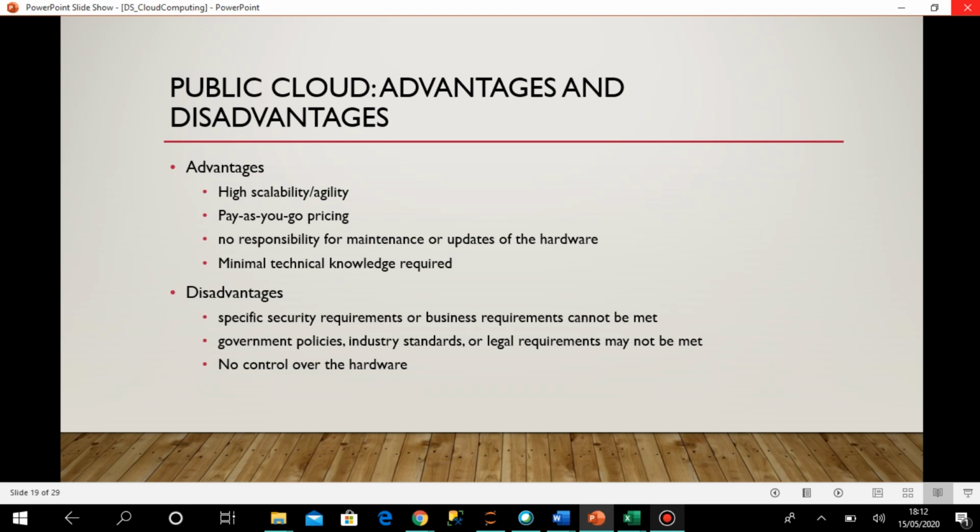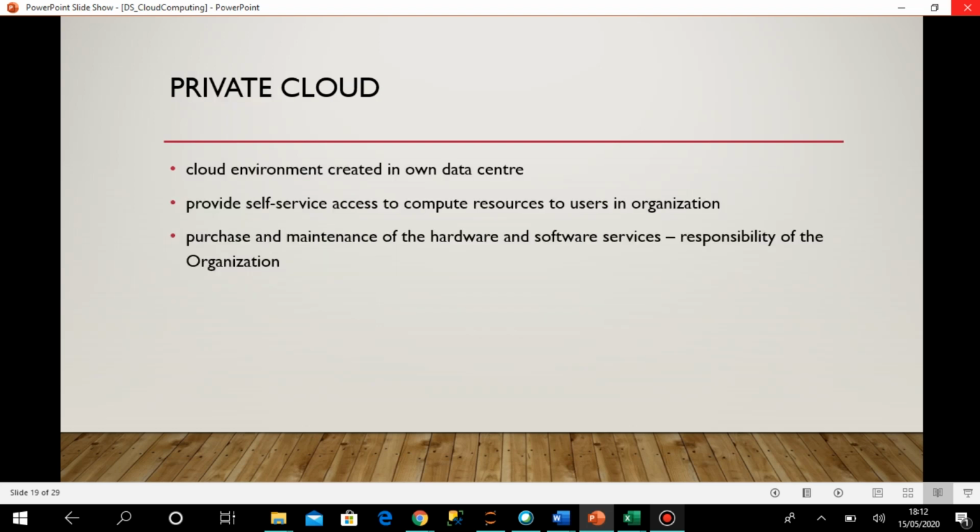So these are the advantages and disadvantages of public cloud. Next comes private cloud, which is another type of deployment model. Here it is your own infrastructure. Suppose I have a company, with my own data center with all the required hardware, and I create one environment there and provide access to different users in my organization so that they can use the compute resources.